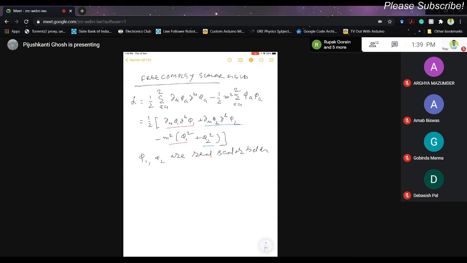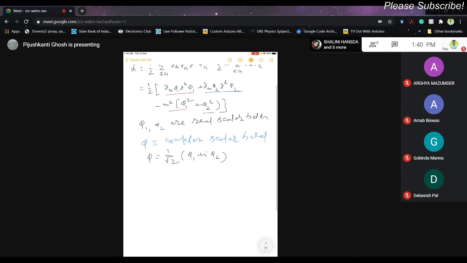Here, what we will do is that we will define some complex scalar field as we define phi as 1 by root over 2 phi 1, that for real x and y you define complex